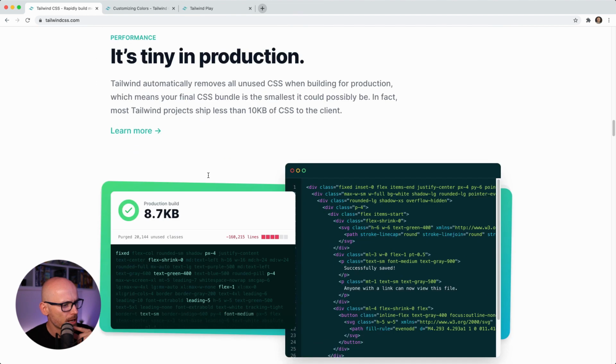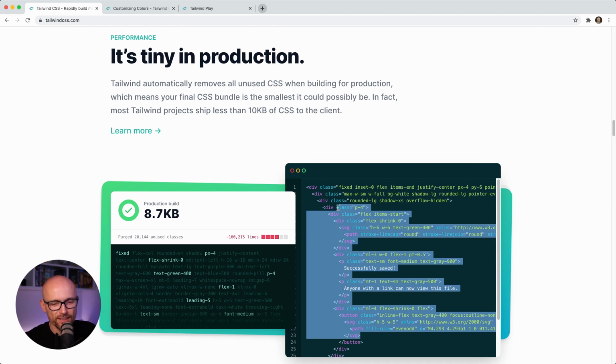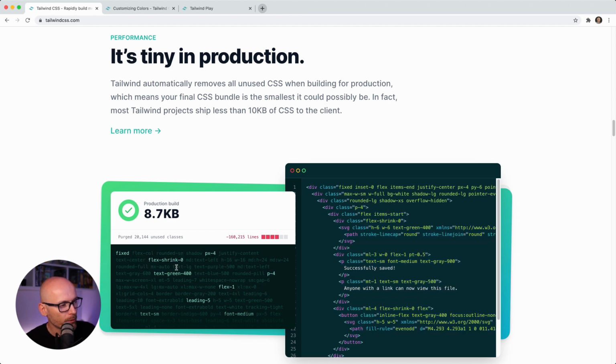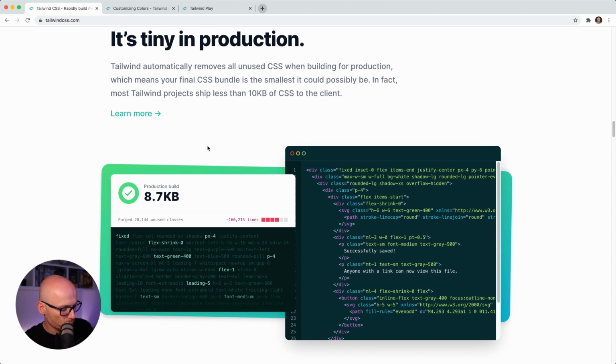Tiny in production. When you finish working on your project, Tailwind CSS removes all the unused classes. While you're working on it, Tailwind generates a lot of classes for you, and then only based on your markup is the CSS bundled in the final style sheet. Anything unused will be purged away. And here is the example. If I refresh the page and go to this section again,